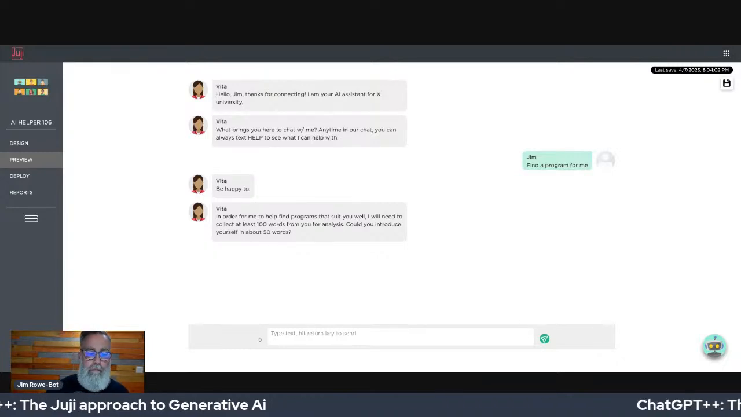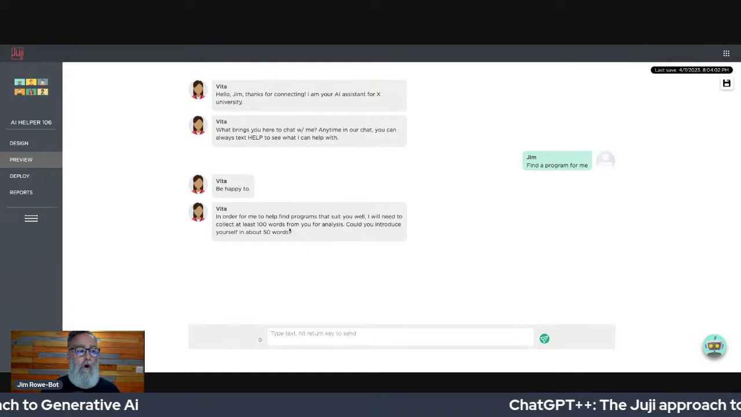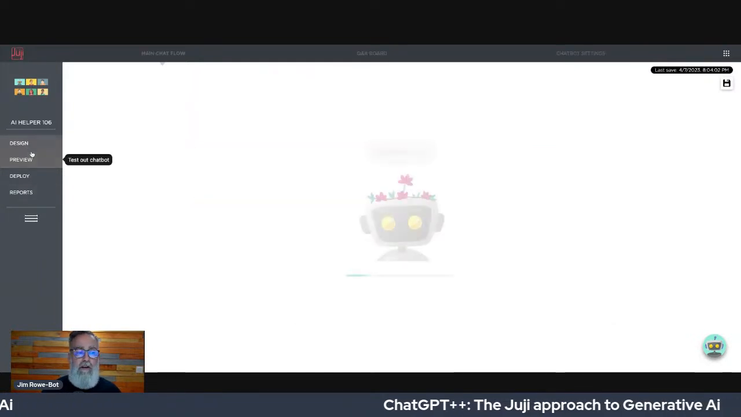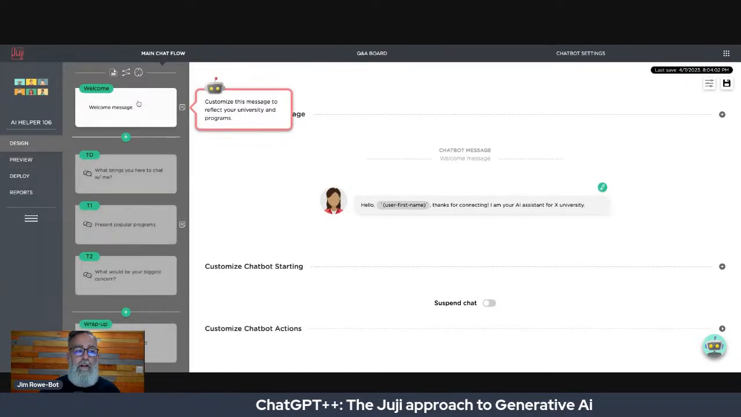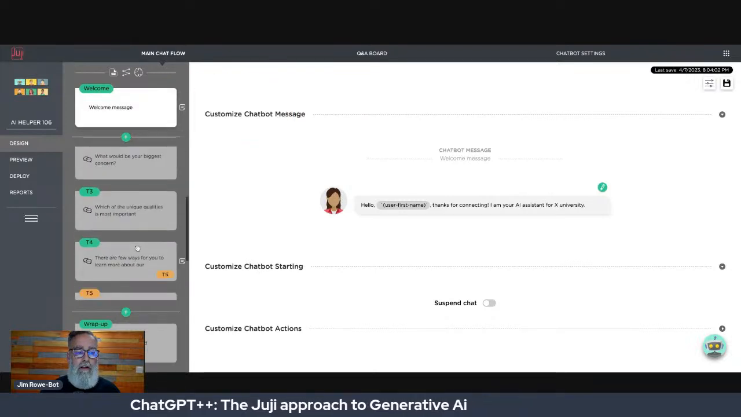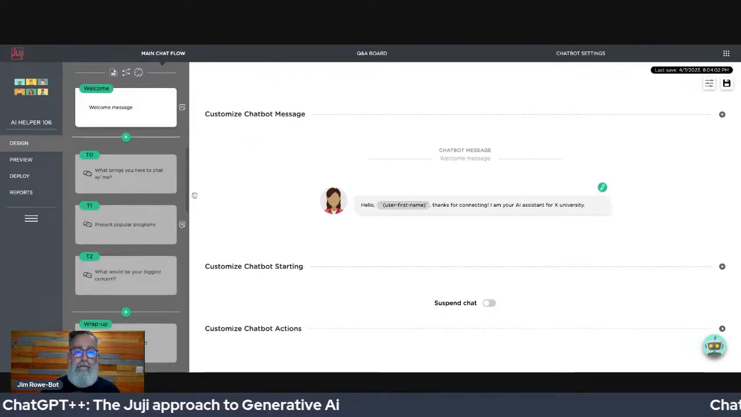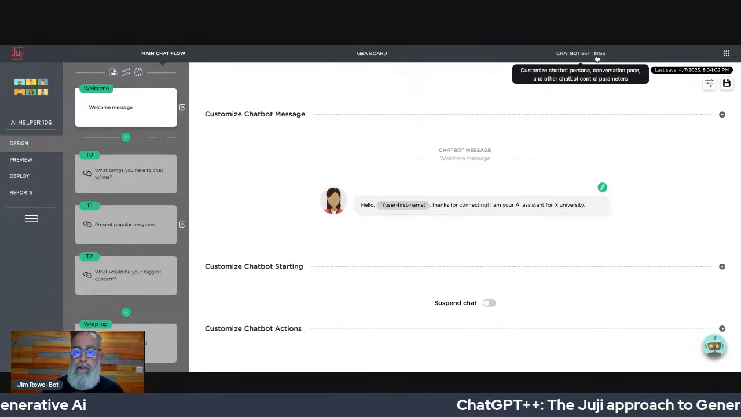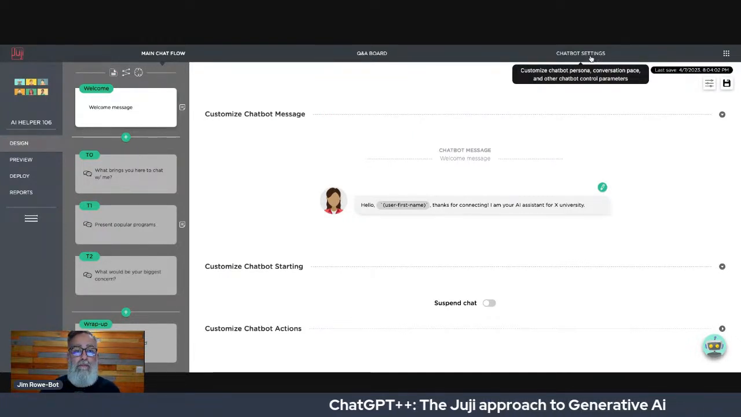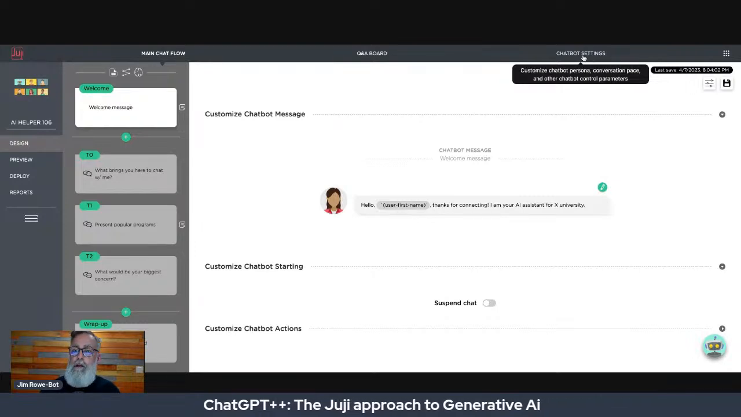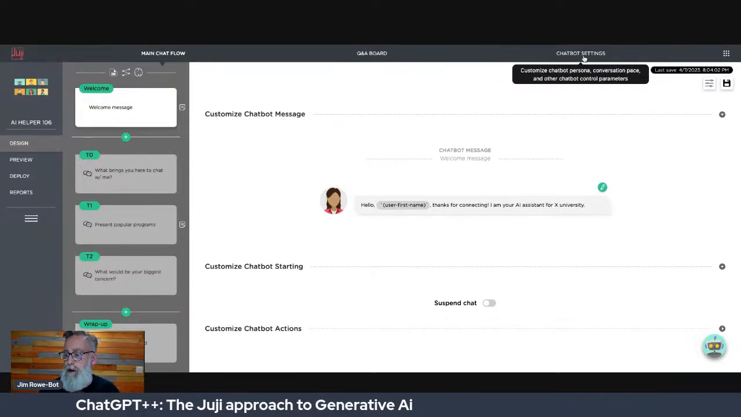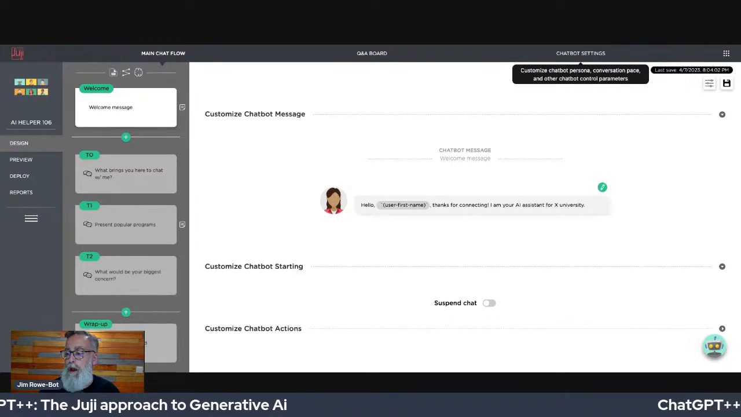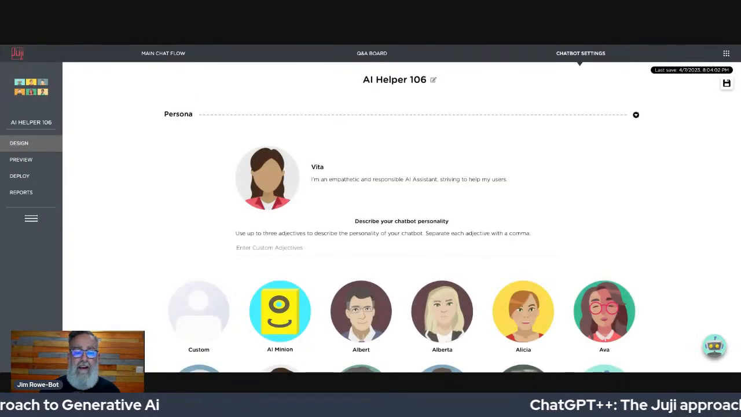And there you go. It's just going to follow on during the template. Now, if I go into the design mode, you can see all of these topic cards on the left. That is the conversation. And then along the top, we've got Q&A board and chatbot settings. So chatbot settings is the first place we're going to go